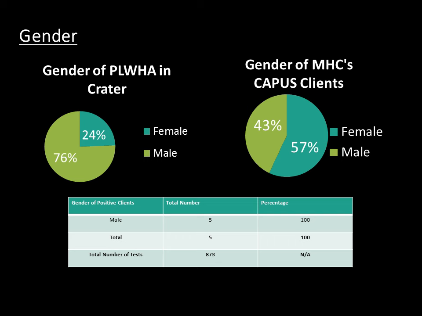And then we compare that with the agency's HIV testing efforts for just a particular program, so that it's really easy to compare those two, and it's pretty striking when you look at the 76% of men that are living with HIV/AIDS in the region compared to the 43% of men who have been tested. And we also include testing numbers so that it's easy to see that of the 43% of men that were tested, 100% of the tests were positive tests for men.